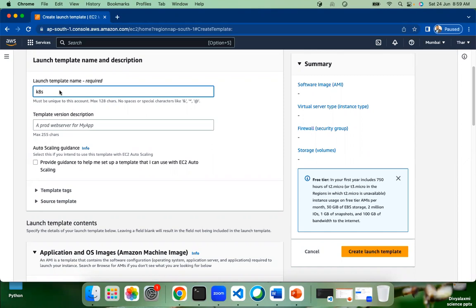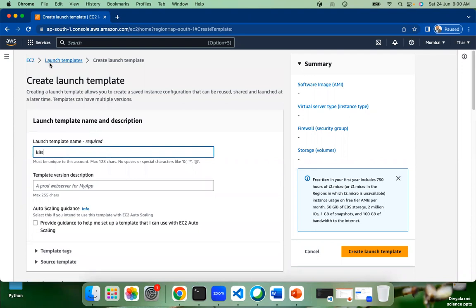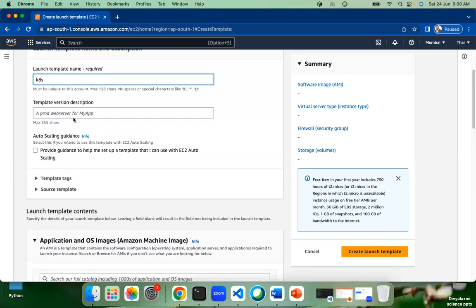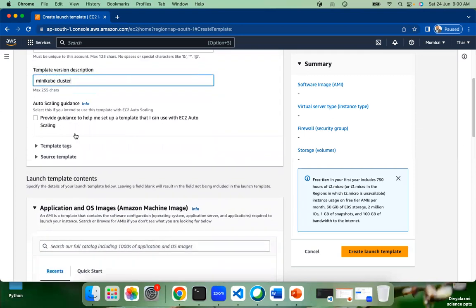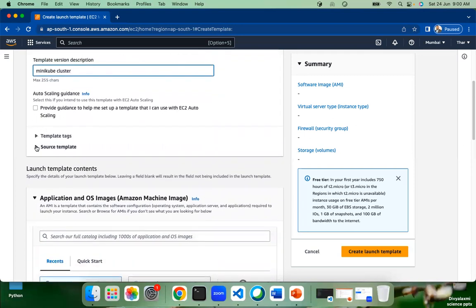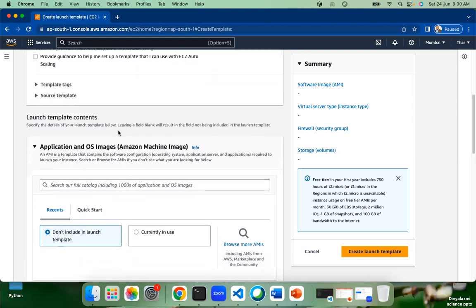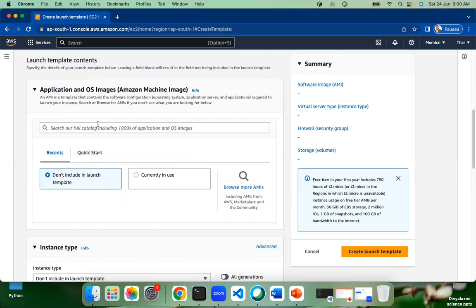So what I'll do here, I'm going to create the template. Now let's select the EC2 section, launch template, go here, just give the name, and here the template version description, just give a description, right? I can just give like minikube cluster, something like this. Tag is not that important. Source template, if you already have a template available, you can source it. As I don't have any templates available, let's go ahead, and here you have to select the